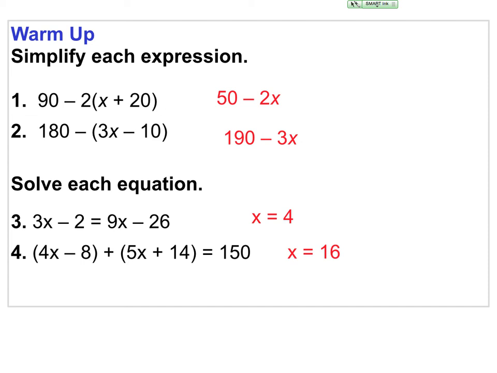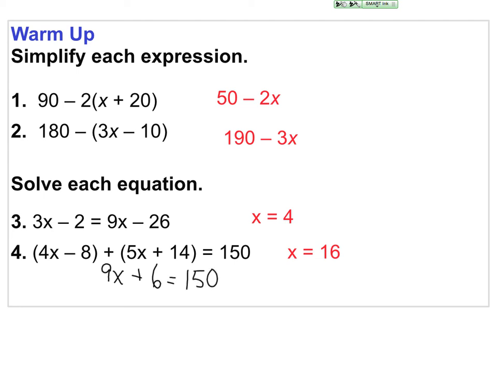Problem 4. Okay, problem 4, we have a lot of stuff on the left-hand side. Let's try and make this smaller, okay? And it's just adding. So 4x plus 5x is 9x. Subtract 8 plus adding 14, so -8 plus 14. I think I said 4, but 14. That should be positive 6